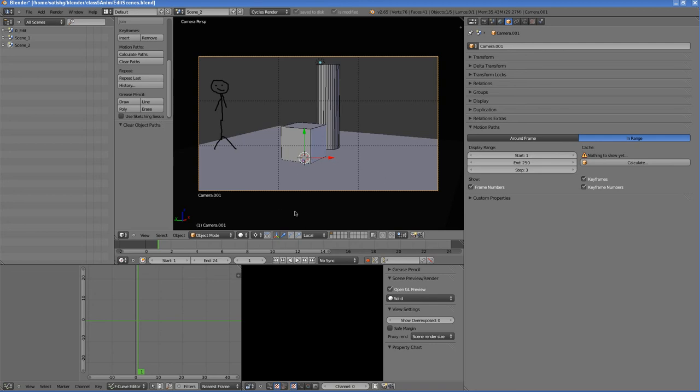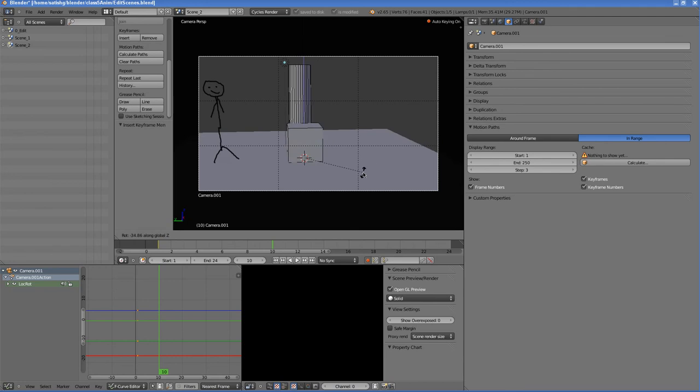Again, enable auto keyframe and insert keyframes at frame number 1, location and rotation, and then go to some other frame. Now I'm going to press the R key for rotation. I want to rotate around the global Z axis, so press the Z key.